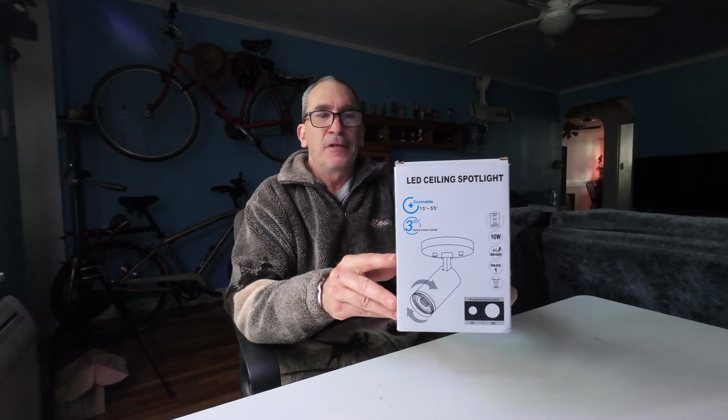This is an LED adjustable spotlight. Now on this spotlight is 15 through 55 degrees. It comes in the colors of black and I have the white. Now this unit is an adjustable spotlight that hangs up on a ceiling, a wall, wherever you want to put